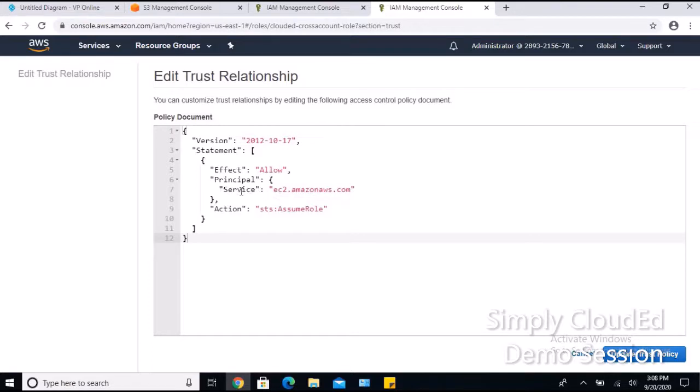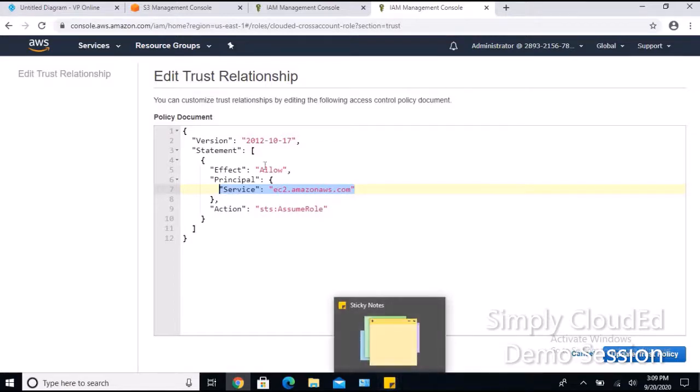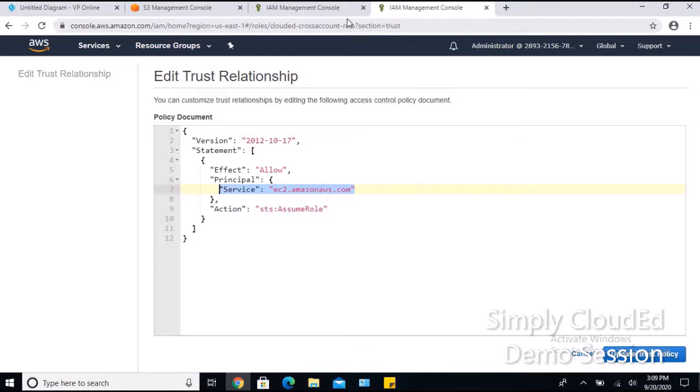As of now it is trusting, in the service section, only EC2, right? So I can replace this section, or I can add one more section out here, but I just want this trust between my prod account and one of my test accounts. So I'll define the ARN of my test account.